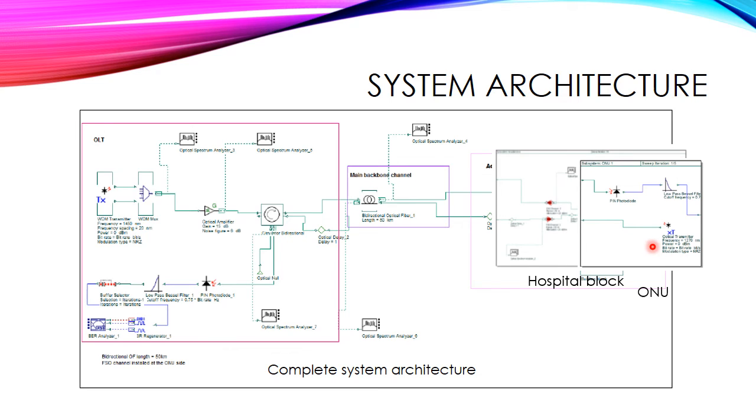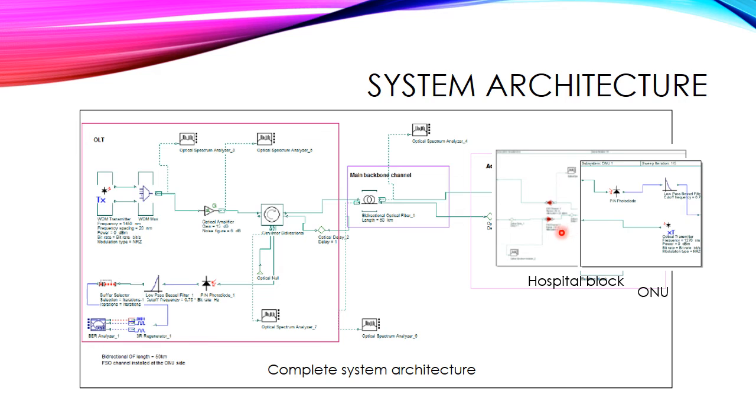For every block we will have a different wavelength, but if inside the block we have multiple buildings or blocks, then we will need to use time division multiplexing that is performed in the building block. As in the hospital block there is no such block, so the optical transmitter is directly connected to the ONU,